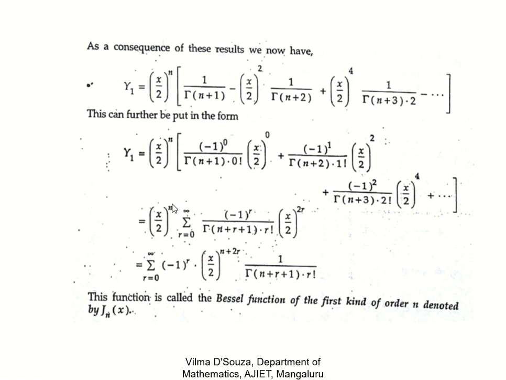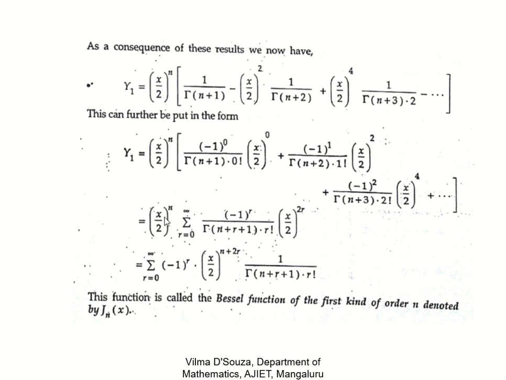Okay, starting with r equal to 0, here 0 factorial, 1 factorial, see this term how I have rewritten, 2 factorial and so on. So in general it will be r factorial, and here x by 2 to the power 0, x by 2 whole square, x by 2 to the power 4. So 0, 2, 4, 6. So general term is x by 2 to the power r. Okay. Or summation minus 1 power r.